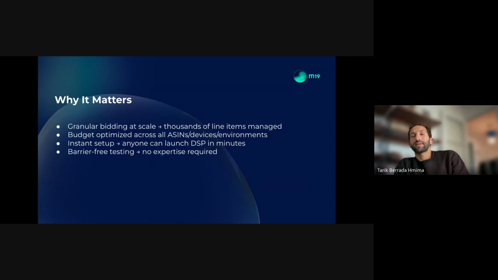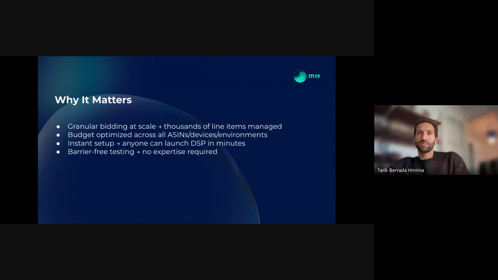Inside each order, which is the equivalent of a campaign in sponsored ads, we have a lot of different line items, and each line item has its own bid, and we are able to bid at this level. This is exactly what we are doing for product and keyword level bidding on sponsored ads. It works well because we are able to have a lot of different bids at a very low level.